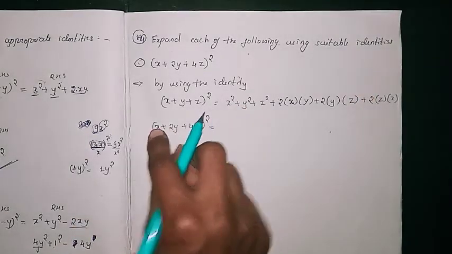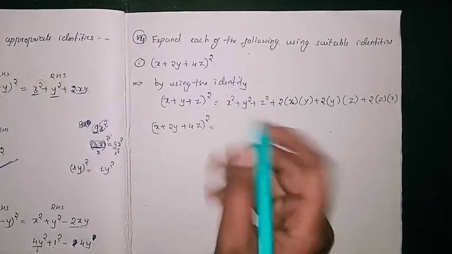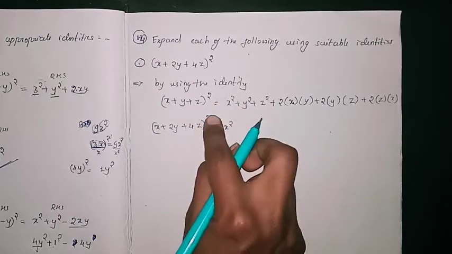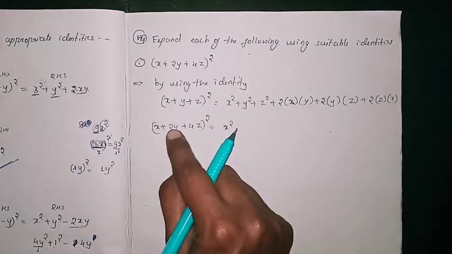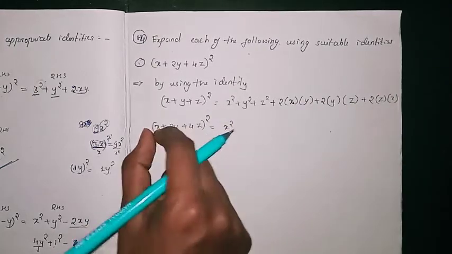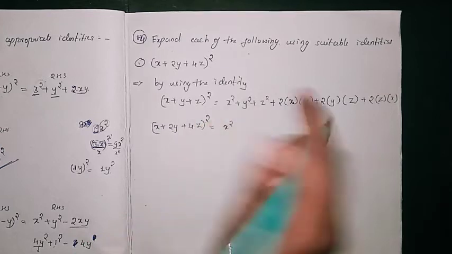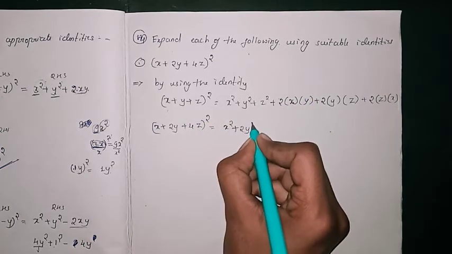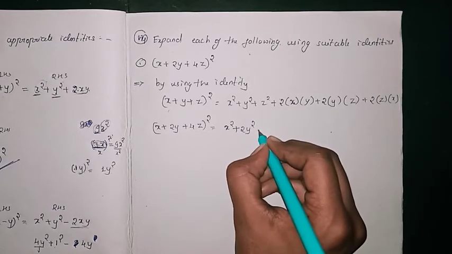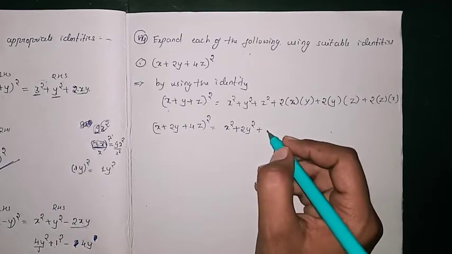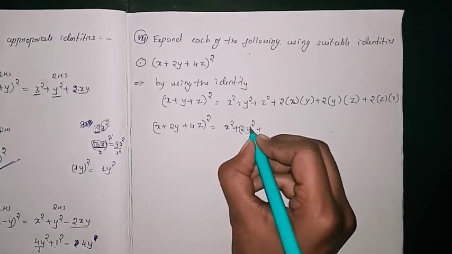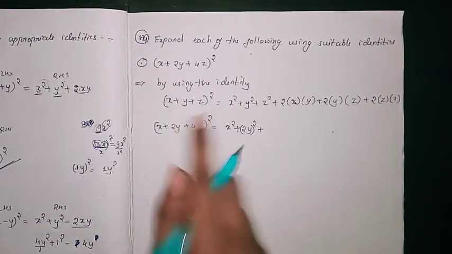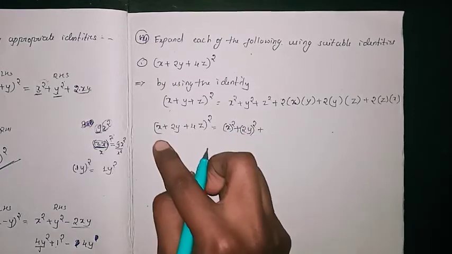So here you observe x², so x is given, that means x². Then y, so (2y)². So how are you writing x + y + z? x square, square term, square term, square term. So this is x², (2y)² plus, so you have to write the whole bracket. The first term square, so we'll write that one also in the bracket.